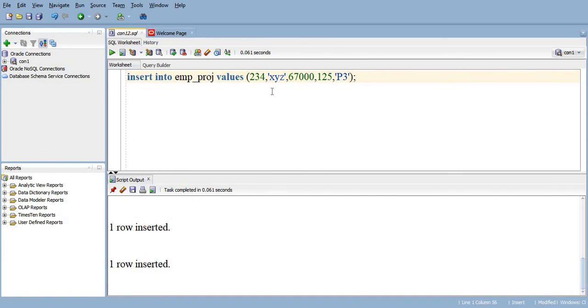Now suppose there is the same project and multiple employees. Suppose this is the project 126 and it is project 4, and there are multiple employees. One of them is, let us say, 2, 3, 4.